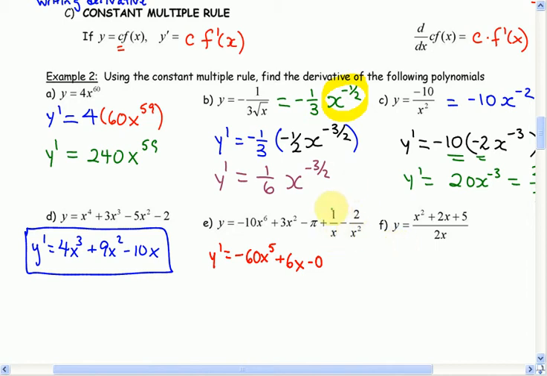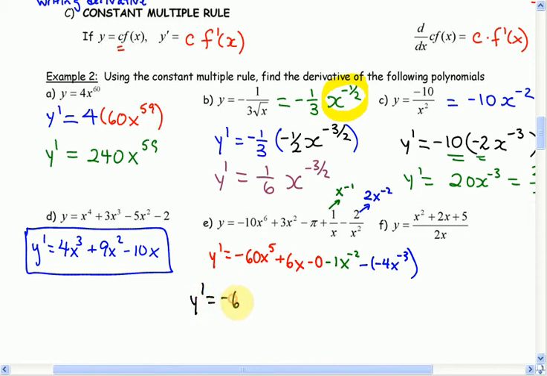Now, remember, 1 over x as an exponent is x to the negative 1. So now if you know that, can you figure out the derivative? It becomes negative 1 times x to the power of negative 2. Good. And this last one here, I'll say that's 2x to the negative 2. So what's the derivative here? That's minus, and I guess I'll have negative 4x to the power of negative 3. So trying to simplify this one for E,